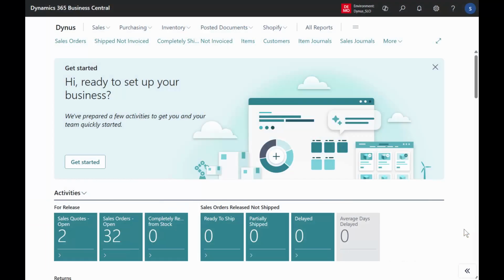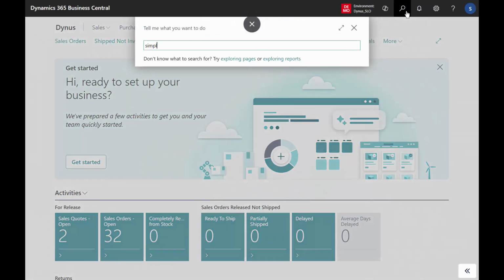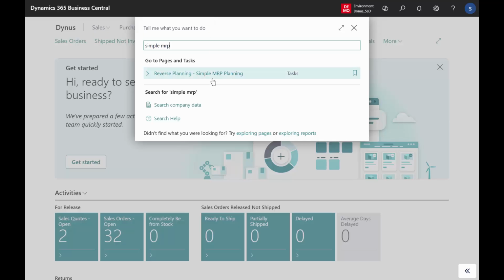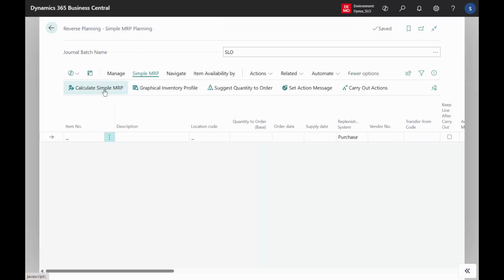Let's take a look at how you want to actually create purchase orders in simple MRP or the reverse planning to gain, for instance, free freight or discounts and stuff like that. So let's assume we've been in the simple MRP journal in here, and I've already run the calculate simple MRP,